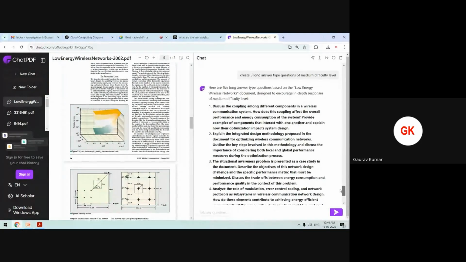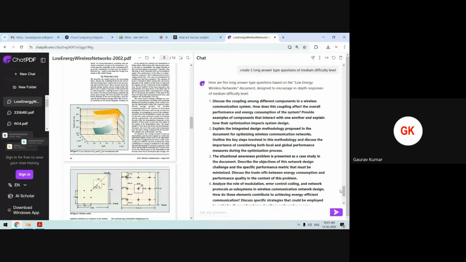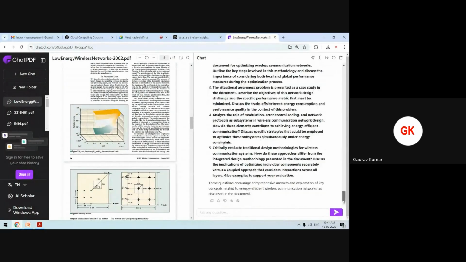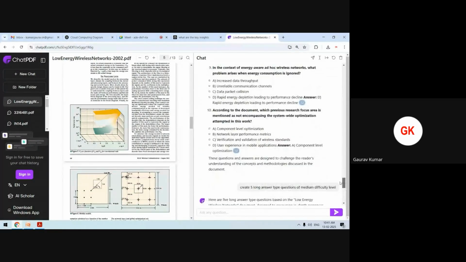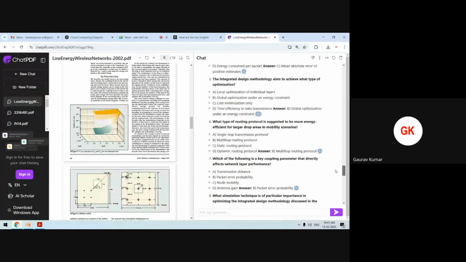So what you can do, a book chapter, particular notes, for example, you have some lecture notes, you have some PPT in PDF format, you can upload it, and from that presentation you will be able to generate a question paper. So as a teacher you can use it to generate a question bank. Okay, as a research scholar you can use it to create a literature review. Okay, in the same way,